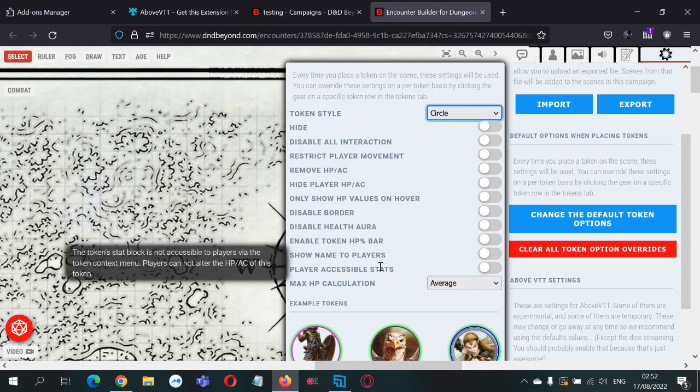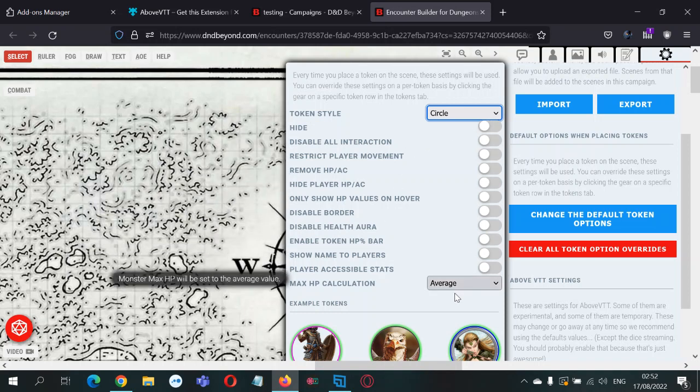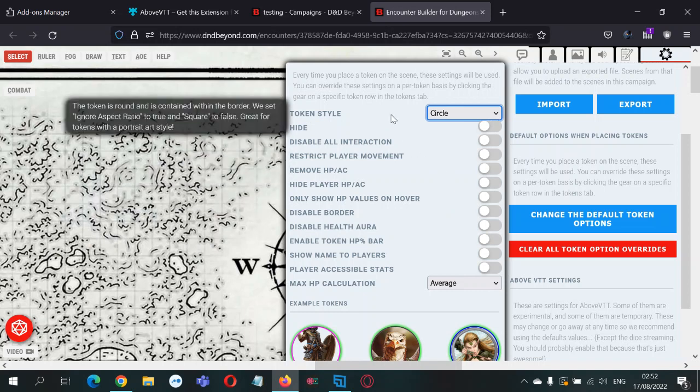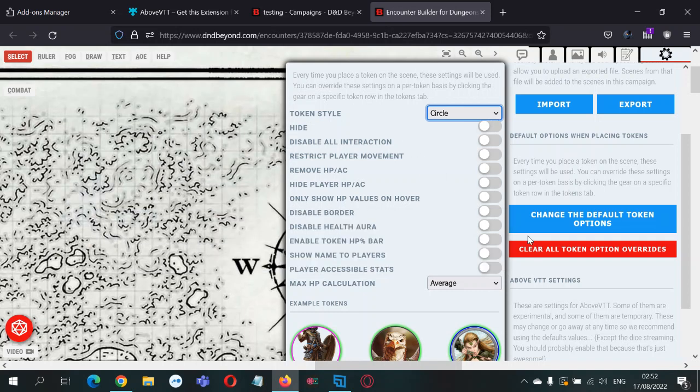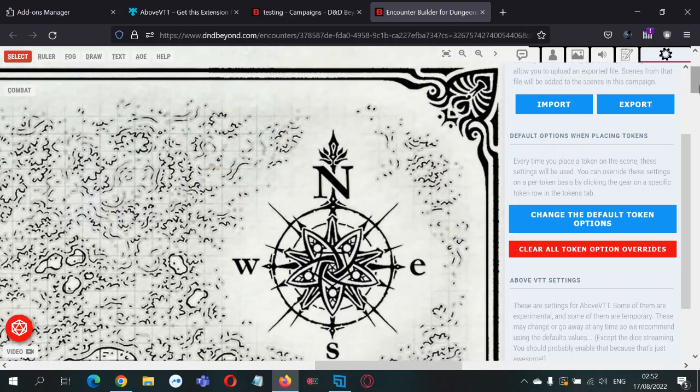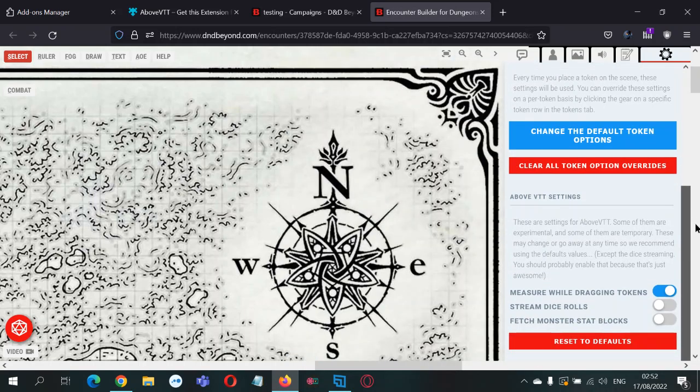Token stat block is not accessible to players via the token context menu. Players cannot alter the hit menu. So, I mean, these are pretty good defaults, but still, this has got a lot of features to it. To be fair,